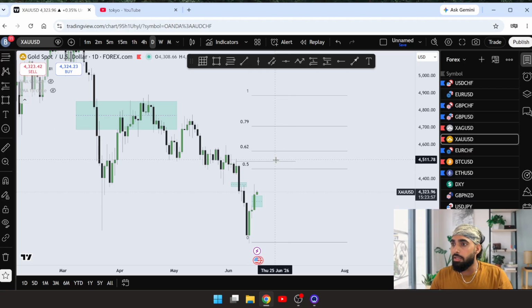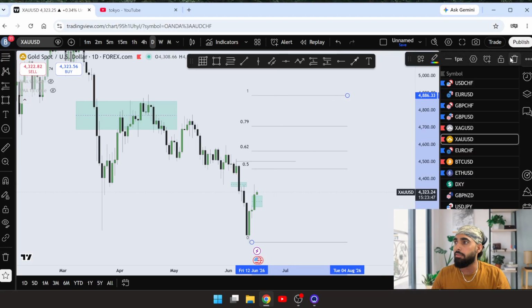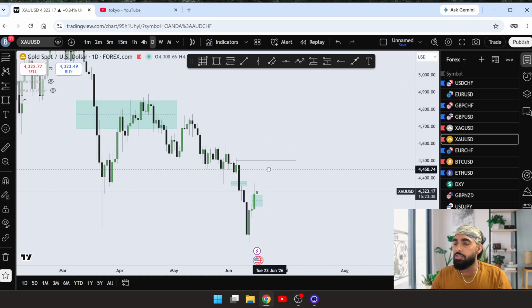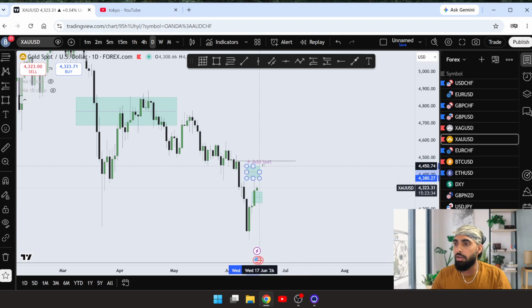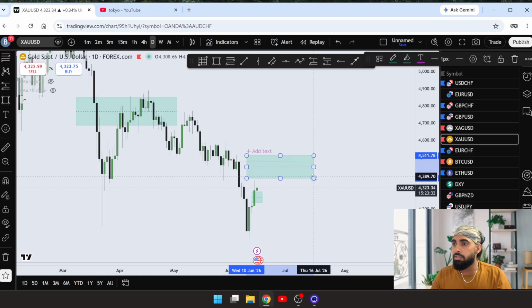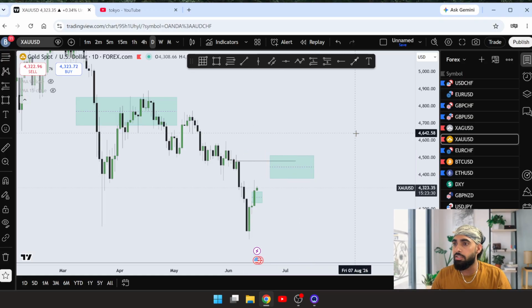So if the market comes to take this high, that's going to be pretty good because it will be coming to 0.62, which is actually a solid entry. If it goes higher, which I actually don't think so, then it's going to be super good, because it will be giving us the OTE entry at 0.79. But let me just show you what I'm expecting: the market to play around this area, around here. I'll show you the reason.